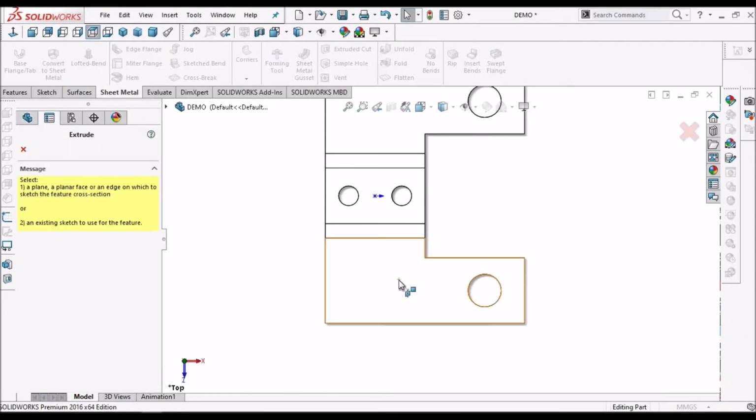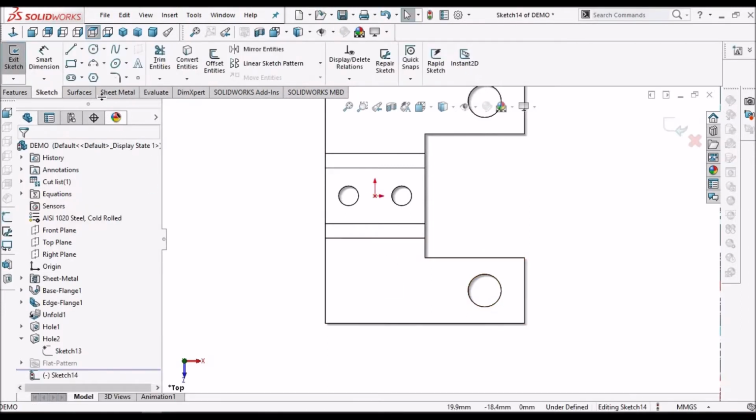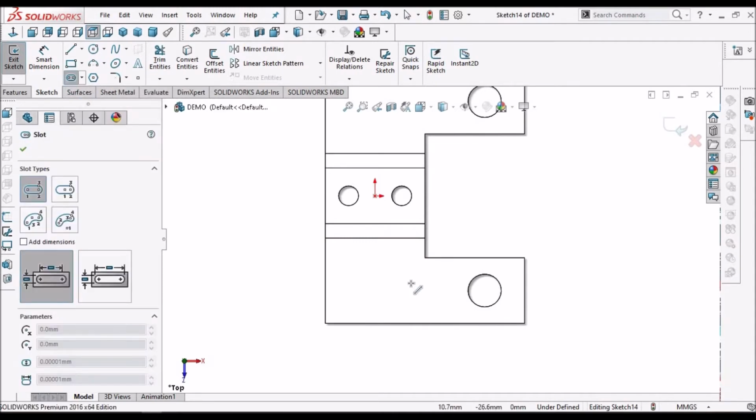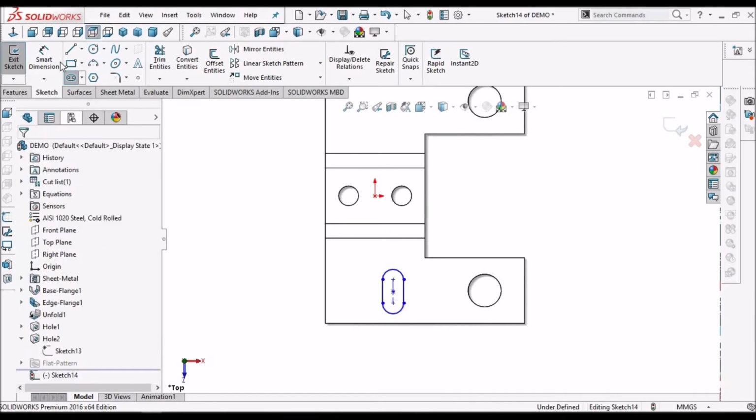Select extrude cut, select this face. This is 27.